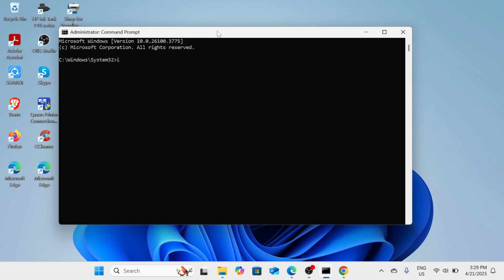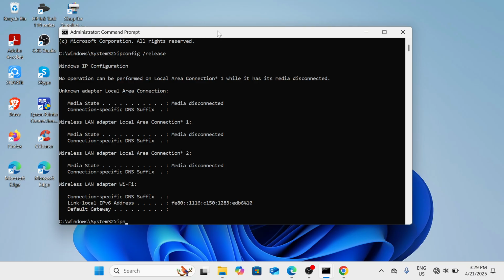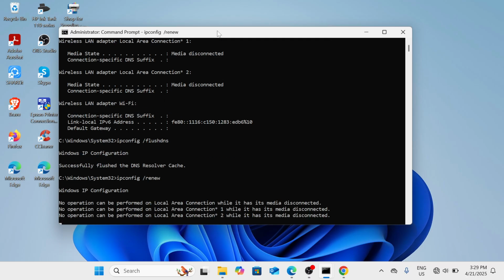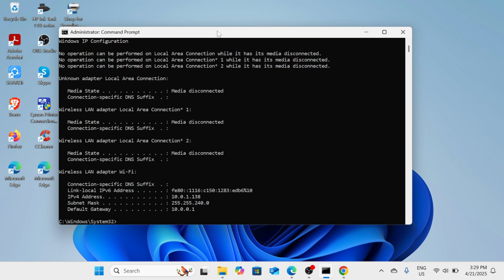Let me just type it in lowercase letters. So it's ipconfig space /release, and then click on enter. And then the next thing is ipconfig space /flushdns. And then click on enter. And then next is ipconfig space /renew. And then enter. And the last thing is